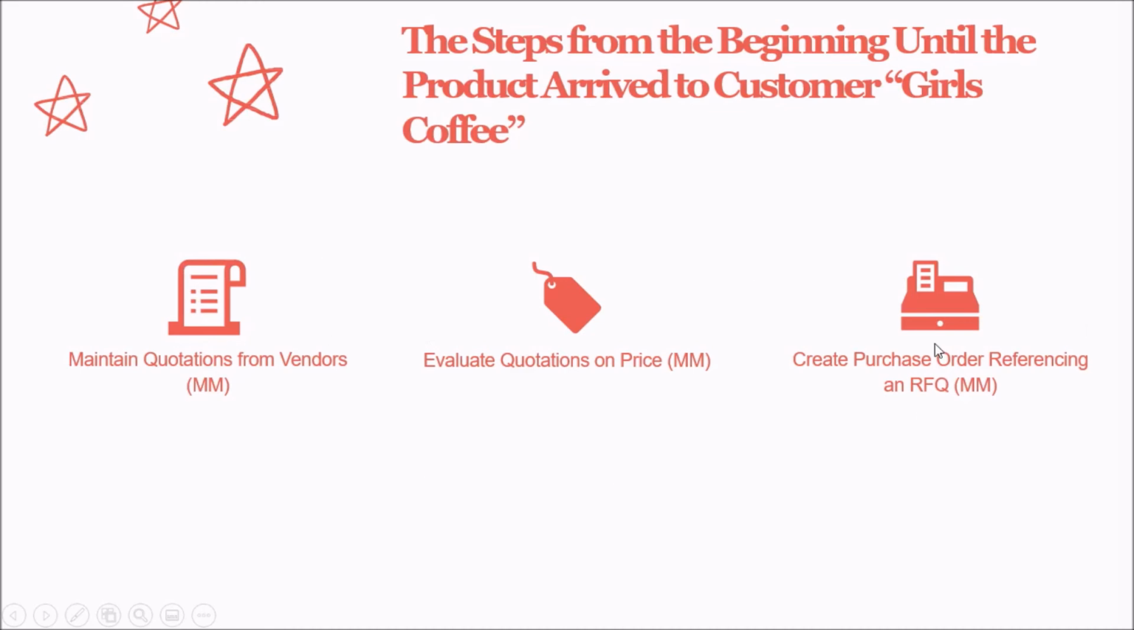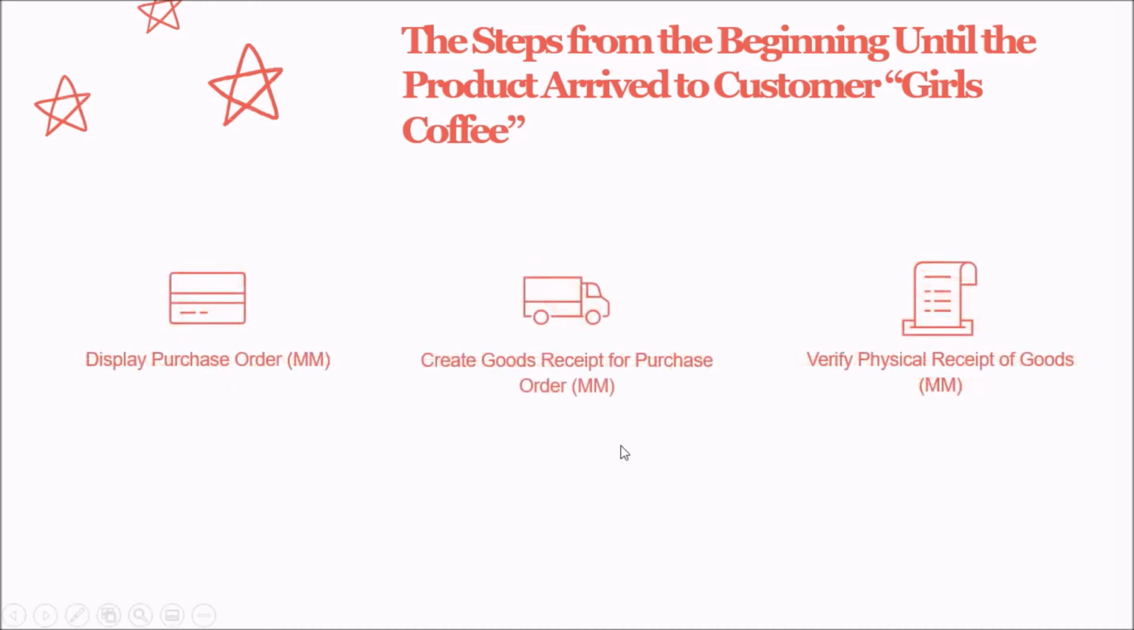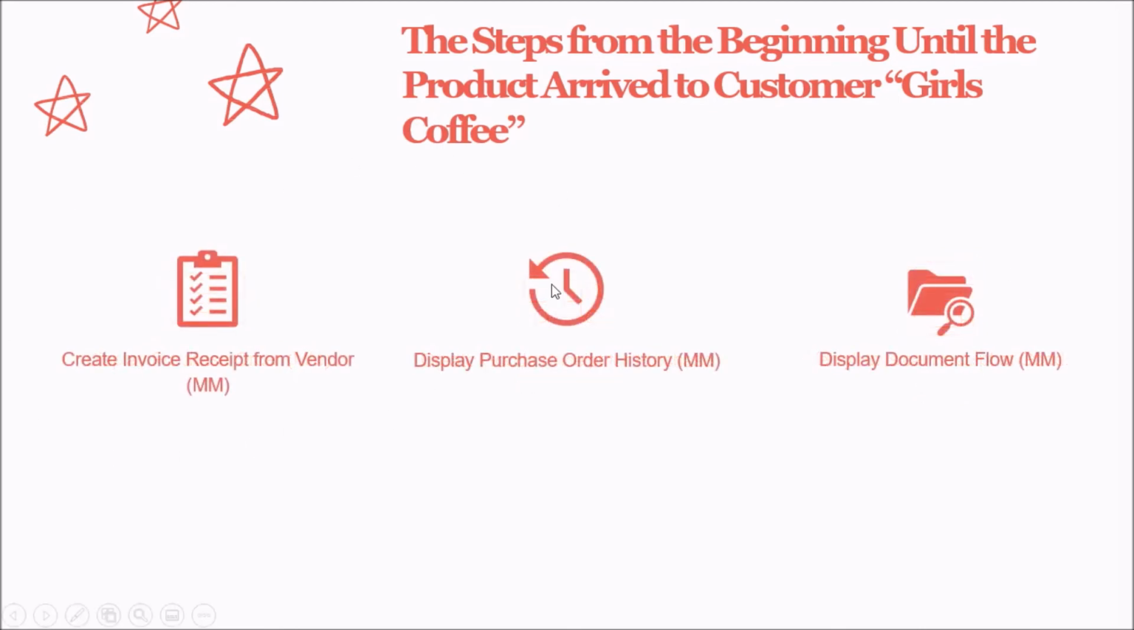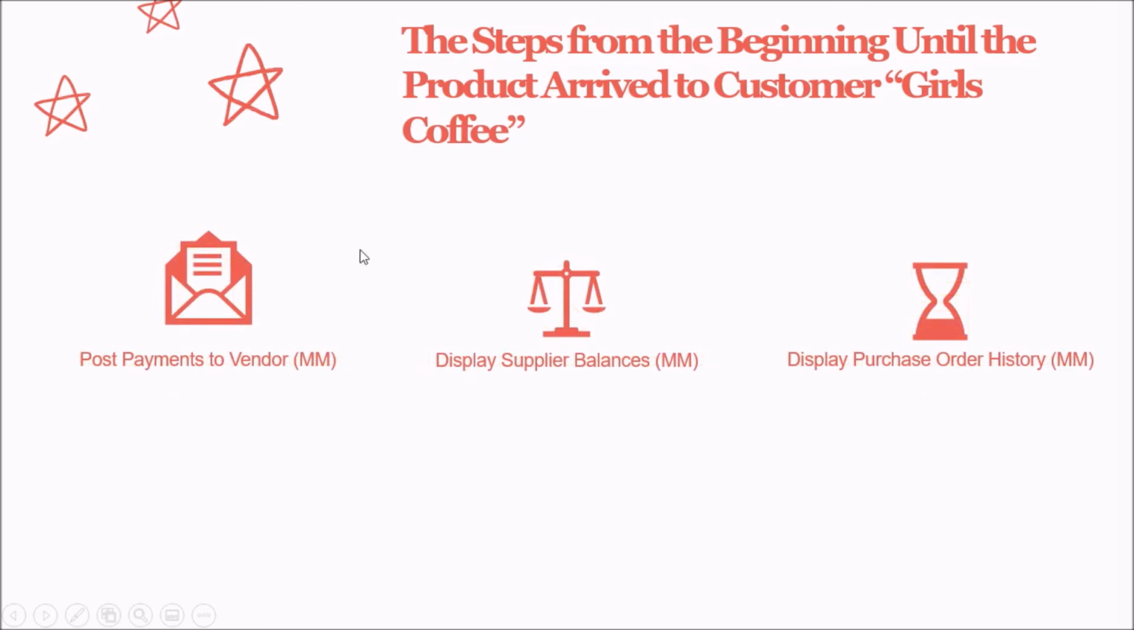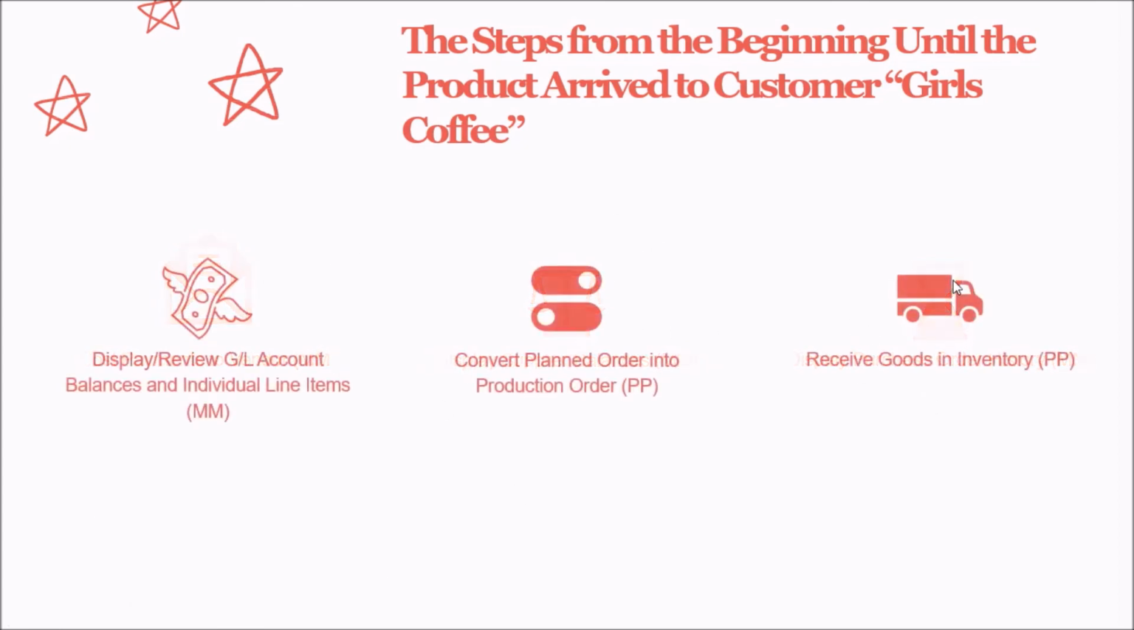Display purchase order, create goods receipt for purchase order, verify physical receipt of goods, and then create invoice receipt from vendor, display purchase history in MM, and then display document flow, and then create goods receipt for purchase order, and display purchase order history, and create invoice receipt from vendor. Post payment to vendor, display supplier balances, display purchase order history, display and review GL account, and then convert planned order